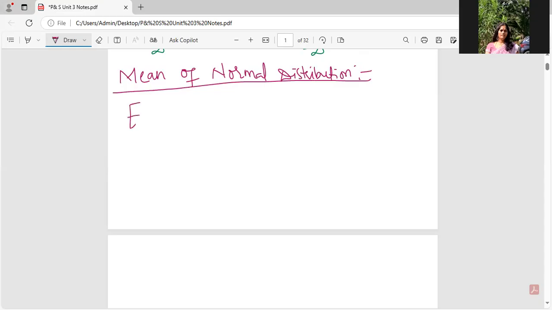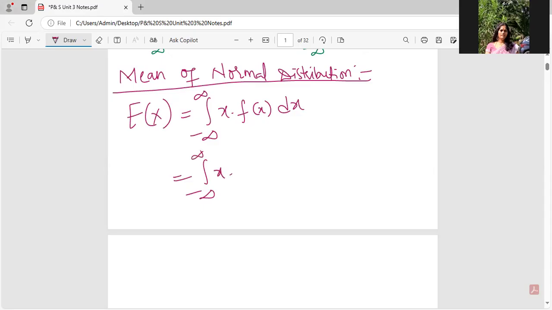I'll be considering expectation of x. This is nothing but integral minus infinity to plus infinity x into f of x dx. What is f of x in normal distribution? 1 by sigma under root 2 pi e power minus 1 by 2 x minus mu by sigma whole square